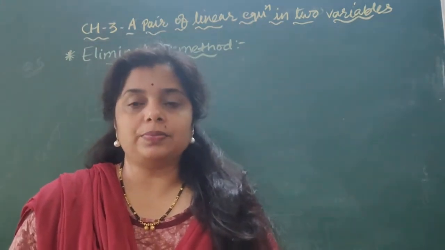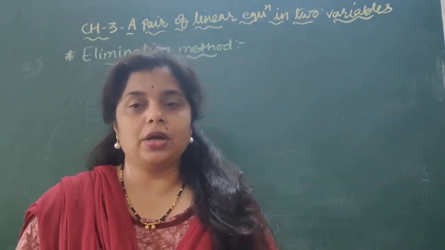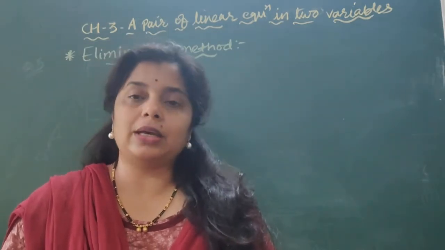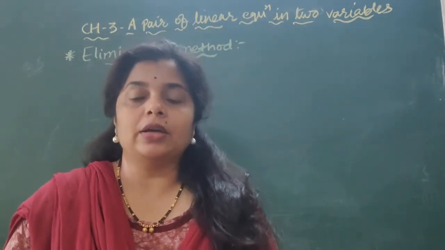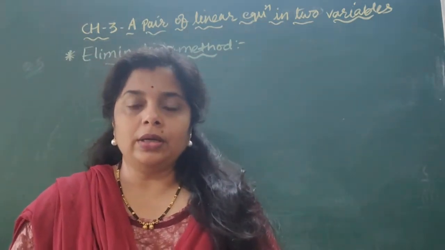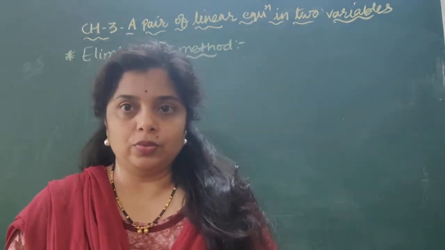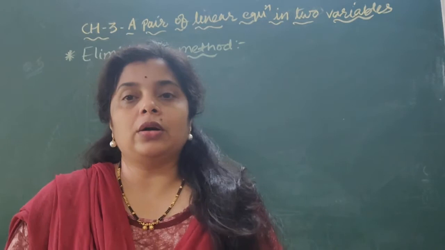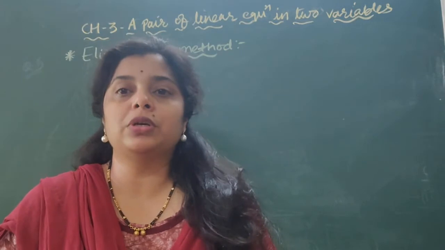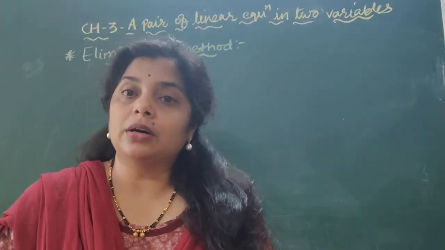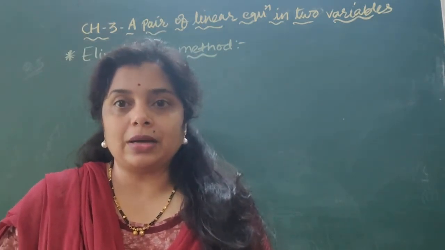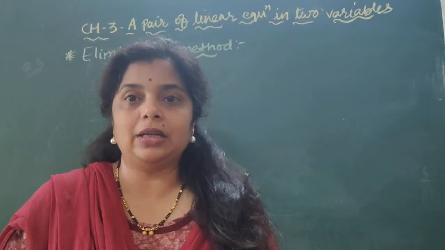So here in maths, in a pair of linear equations, how do we remove and what do we remove? As you know, the two variables are there in a linear equation, x and y. So we have to remove any one variable, either x or y, in this process. So how do we remove? We have to make the coefficient of any one variable numerically equal, and then we have to do the subtraction to eliminate any one variable.